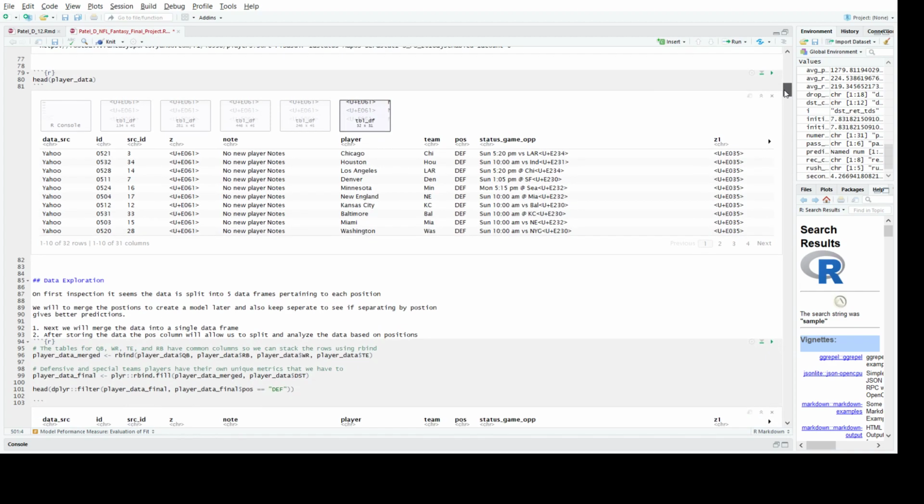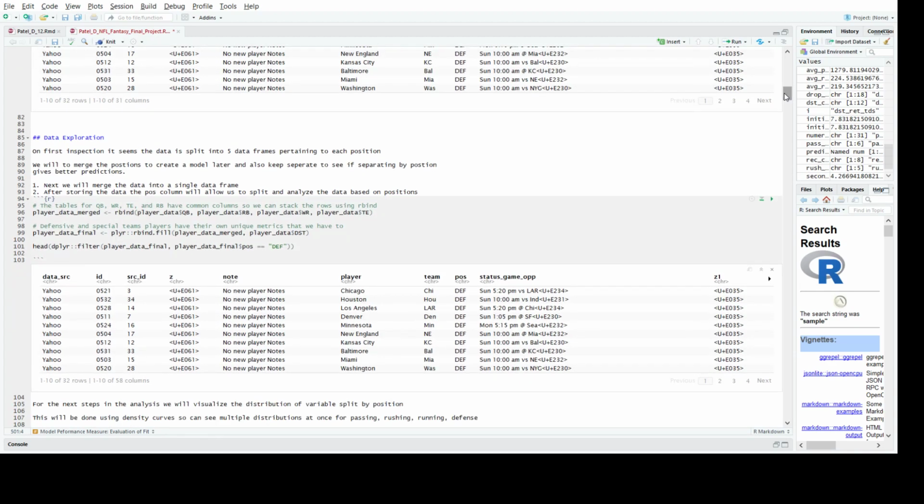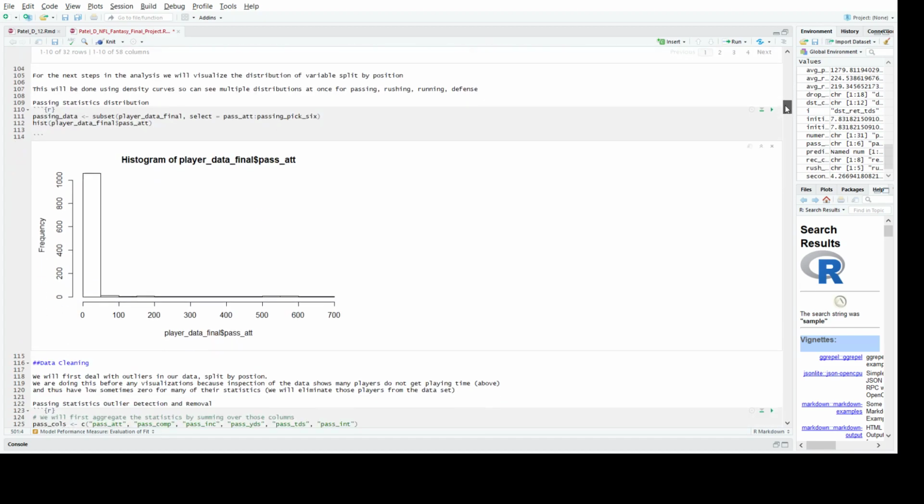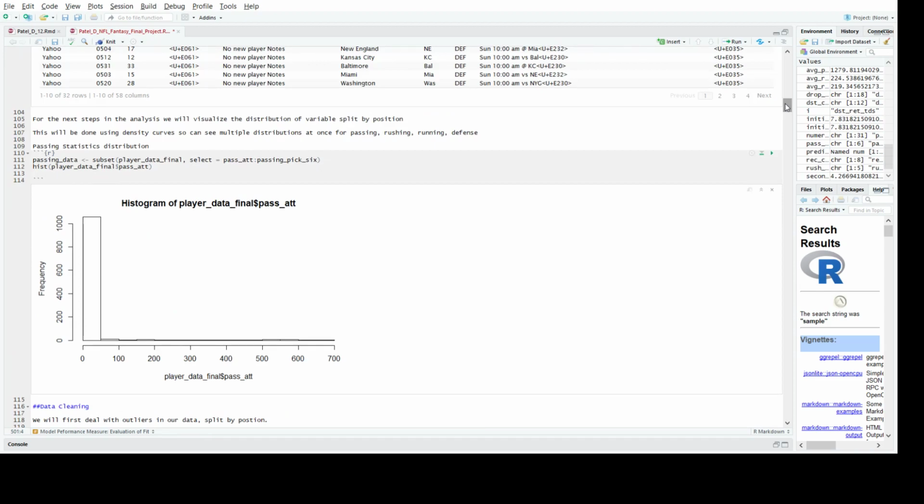My next step was data exploration. On first inspection of my data, after I pulled it in from the API, and it scraped all the data from the Yahoo databases, it was split by position, and what I wanted to do was combine that into one single data frame with every single metric for each player, and that's what I did. So it has every single position put together. And next I visualized one of the variables, the pass attempts,